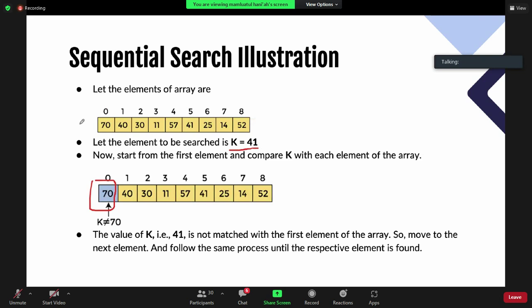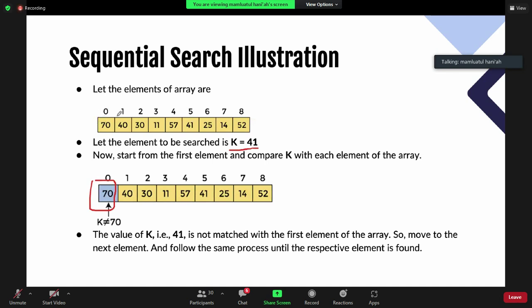It doesn't match again. So I will compare again with 30. It doesn't match again. I will compare to the next element. The fourth element is 11.